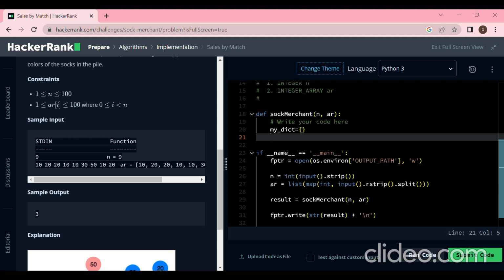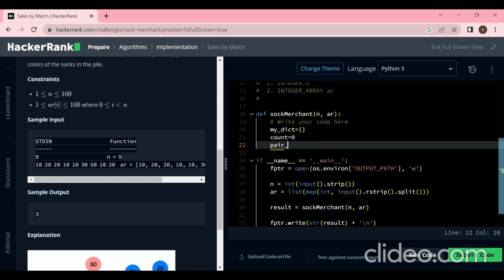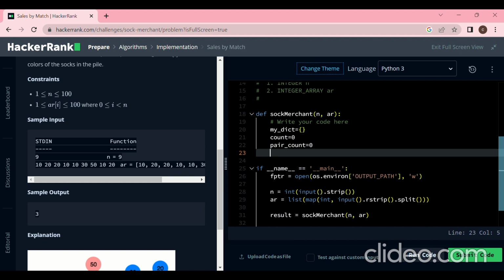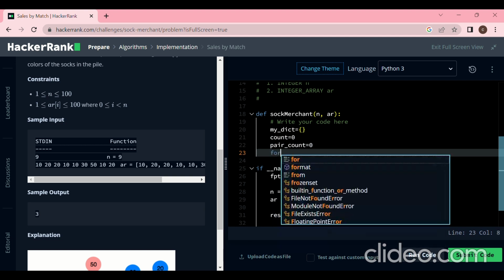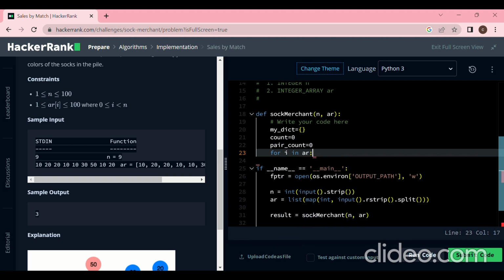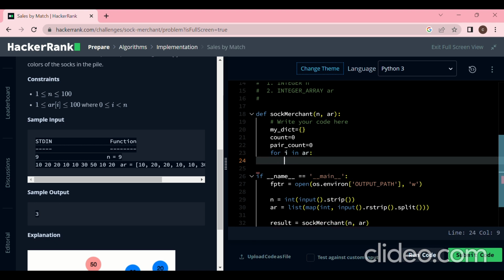And we need 2 things: count of pairs and also pairs, right? Count equal to 0 and pair count is equal to 0. You will know the differences and the use later. So first let's loop through the list, for I in AR. Our first task is to create a dictionary with all the unique values as key and the values assigned to the key as 0, right? For I in AR,